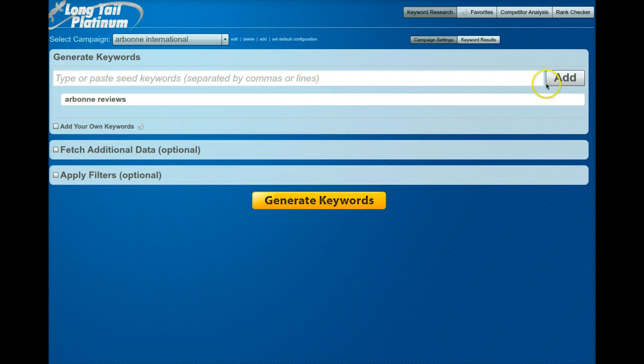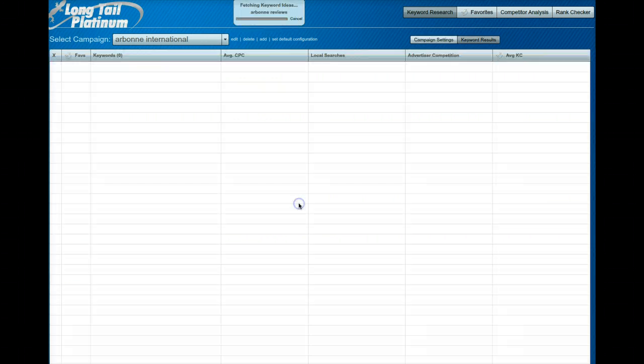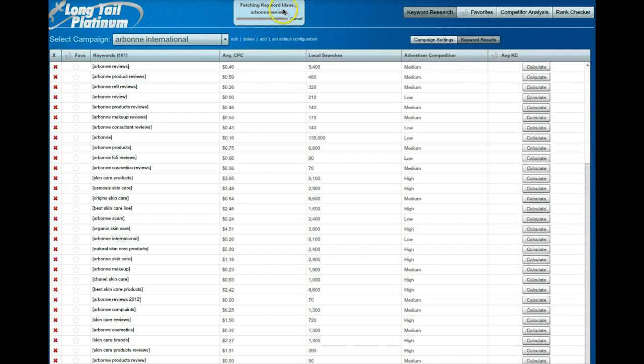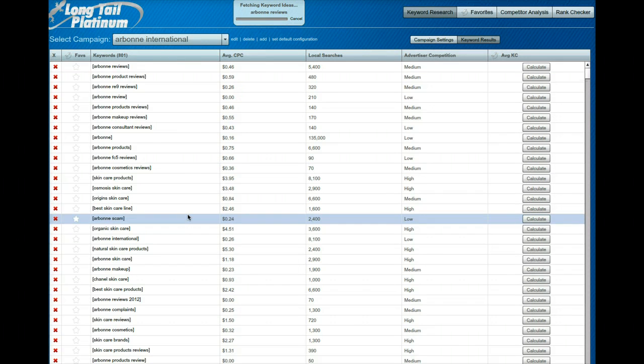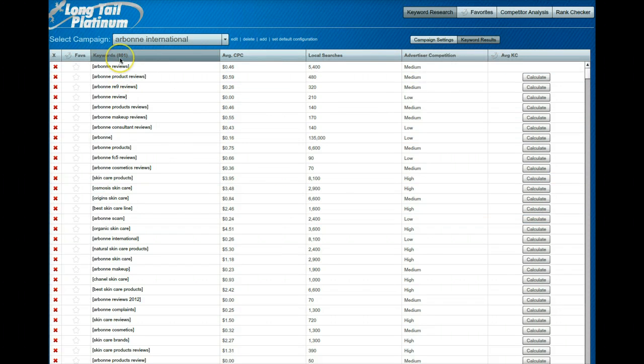And then we've clicked add, and then all you have to do is click generate keywords, and you'll see up here that now the system is fetching keyword ideas for Arbonne reviews. That was just a few seconds, and it's returned 801 results. We see that Arbonne reviews, the word that we typed in, we get the CPC, we get local searches, so that's in the United States, and you get an idea of the competition